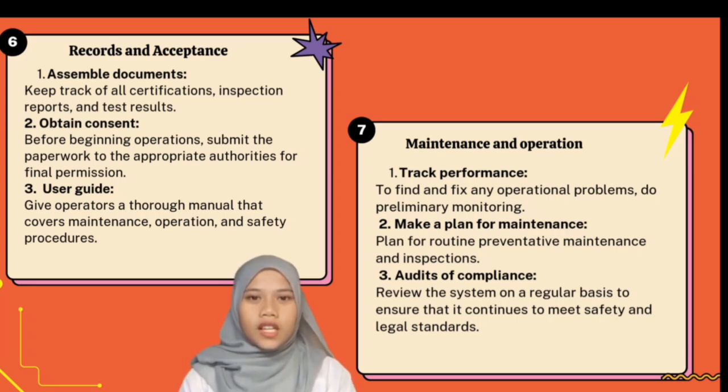Lastly, number 7, maintenance and operation. Track performance: to find and fix any operational problems, do preliminary monitoring. Make a plan for maintenance: plan for routine preventative maintenance and inspection. Adopt compliance reviews: review the system on a regular basis to ensure that it continues to meet safety and legal